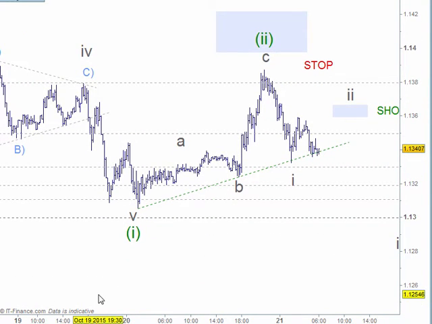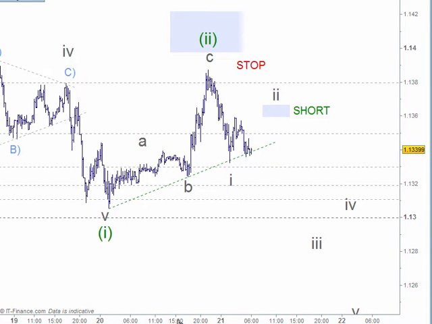So that was our box that we were going for wave 2. It's a bit short of that, but at least we've got some type of correction. The main point here is we've got a correction, with an A, a B and a C wave. Now, yes, this could get larger, but making all of this just the A wave and the B wave and a C wave up here, I don't think that's the case,